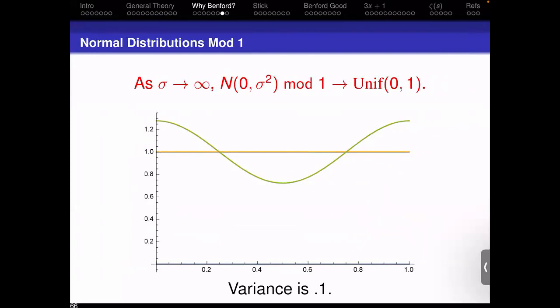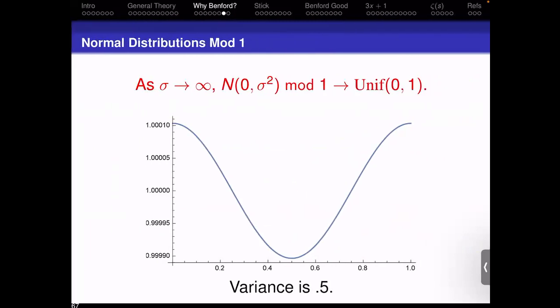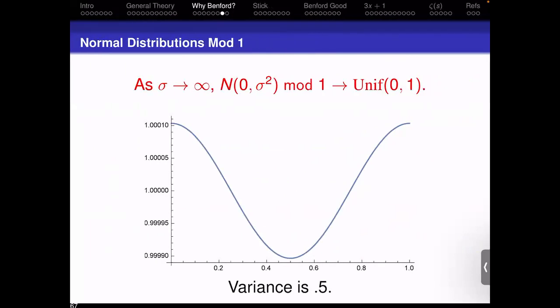And again, if our process is such that the log of the process is a Gaussian, and that becomes uniformly distributed mod 1, then we would expect to have Benford from the original. If we now make the variance 0.5, we see we have a tremendously good fit to a uniform distribution. You always have to look at the scale, and if you look at the y-axis, it goes from, my eyesight is not so good, I think it's 0.9999 to 1.0001. So already with a variance of 0.5, we are extremely close to the logarithm mod 1 being uniformly distributed, which would mean the initial process would be very close to being Benford.